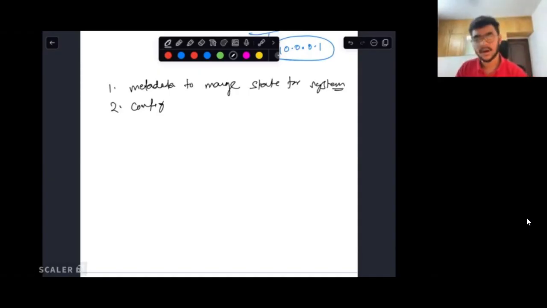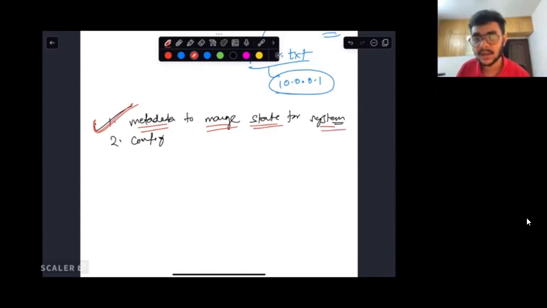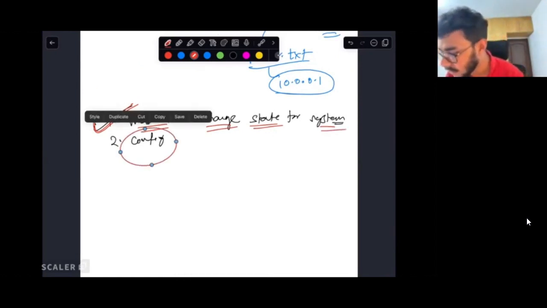Awesome, guys. So the second point that I wanted to mention: this thing I've already covered, at least, the metadata that we want to store in a Zookeeper cluster to manage the state for the underlying system, right? The second thing that a Zookeeper system ends up storing is the configuration.